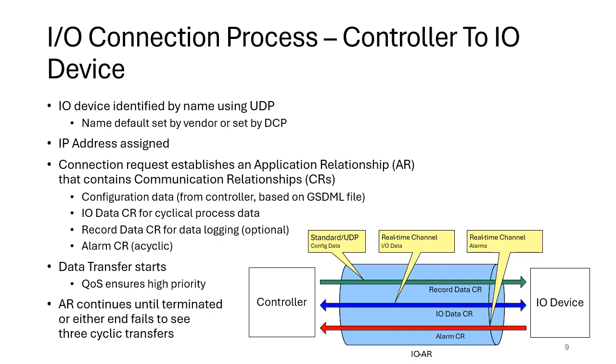Now, once the I/O device receives its configuration, then you have an I/O data communication relationship. So the I/O data is for your cyclical process data. These are all the inputs and outputs, which are sent on a common basis, typically a multiple of 2, so you're starting with 1, of course, 1, 2, 4, 8, 16 and so on milliseconds. A typical data transfer rate will depend on your application, but I would say it's rare to be faster than 32 milliseconds. You can go down to 1 millisecond for very fast applications, but in a typical application that might be 64